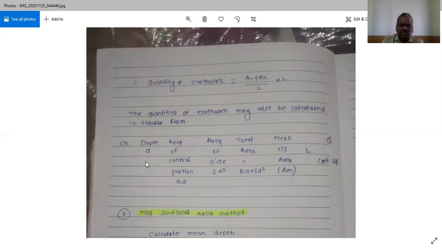There will be the chainage, second will be the depth, third will be the area of central portion, that is BD. Next is area of side portion, SD square, then the total area BD plus SD square, then the mean area, that means area 1 plus area 2 divided by 2. We have to write it here, just multiply it with the length,